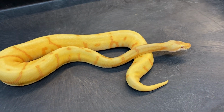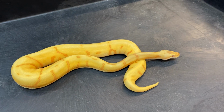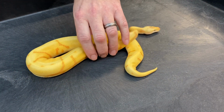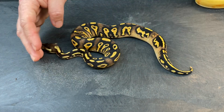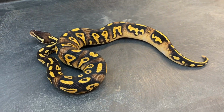Okay, now here's another one. Like I said, I had a hard time limiting this to just 10 or I guess 11 males, but I decided to show some of the more interesting hets that I have as well. This is a blackhead pastel yellow belly,